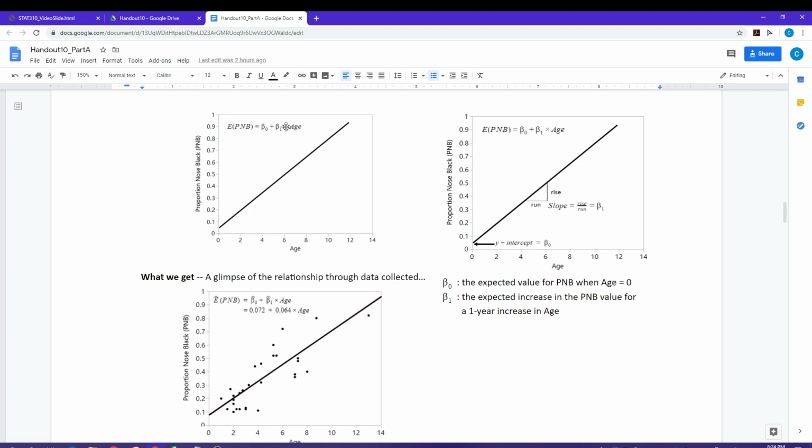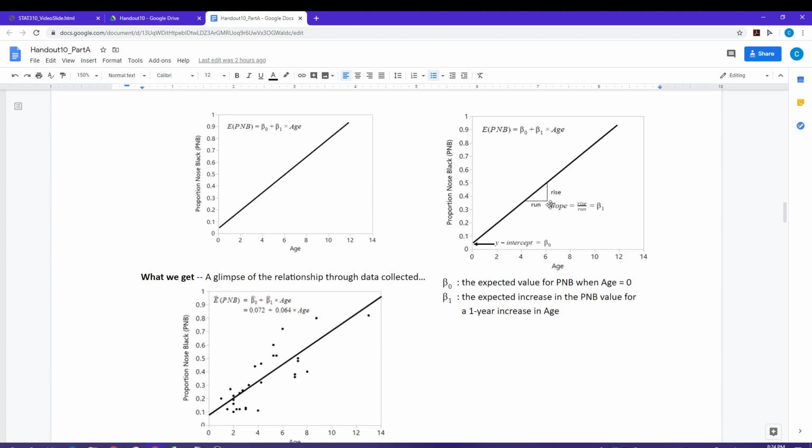That true relationship, though, is given by this linear function. So if we go over here to the right and look, it's given by the expectation for the proportion of nose black is given by beta 0 plus beta 1 times age, which is just a line equation. The beta 0 in this line just represents the y-intercept, and